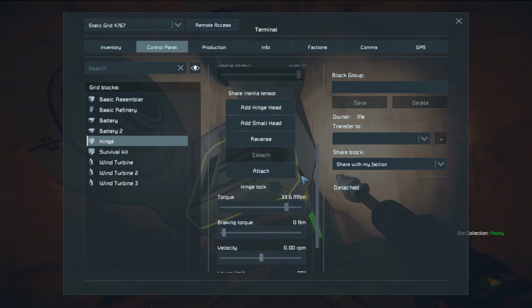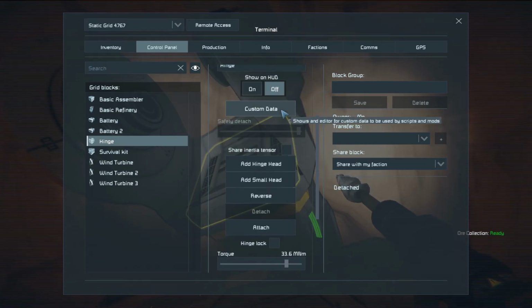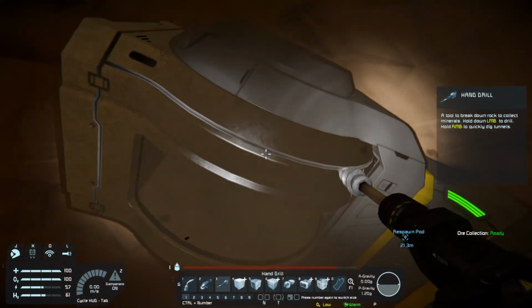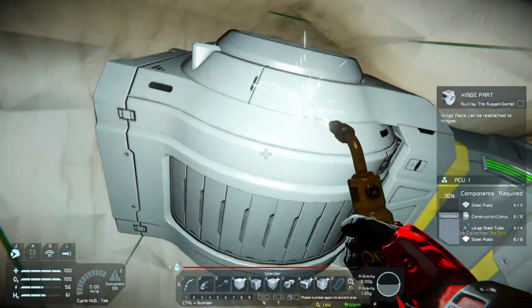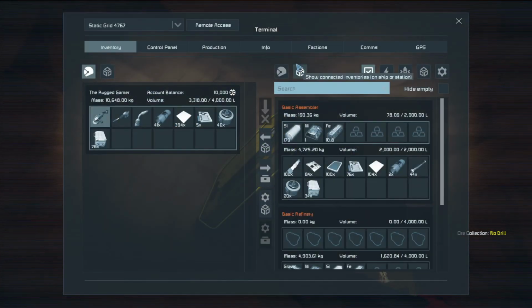Control panel, hinge, catch. Add... Oh, we can actually add small head. I want to go for the large one here because... Oh, I do not want to be doing that. Okay, that's the hinge on the perfect line. Let's set the hinge to...